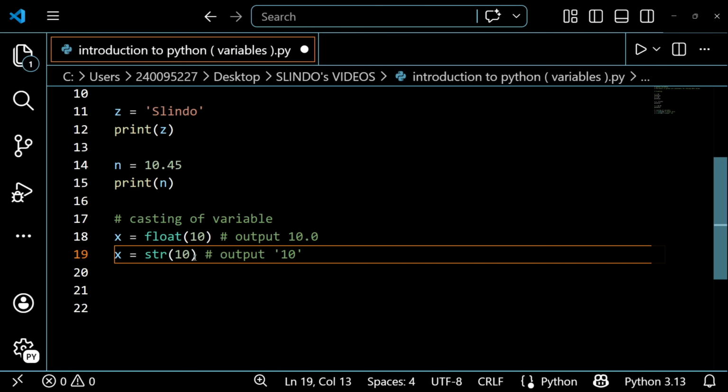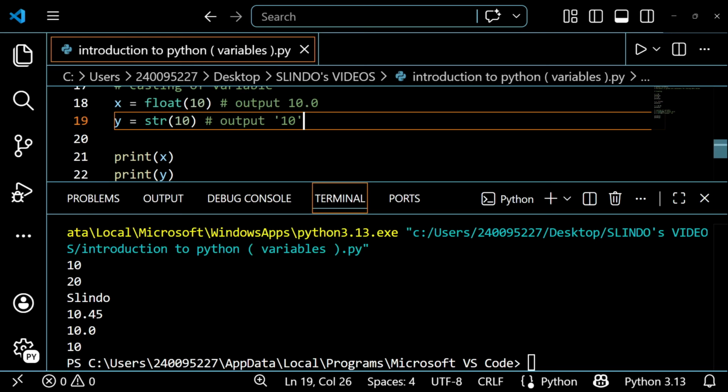Another thing about strings: in the console or in the terminal, strings are not displayed the way they are displayed here. You don't see the quotation marks in the terminal, so you'll see 10 as it is.